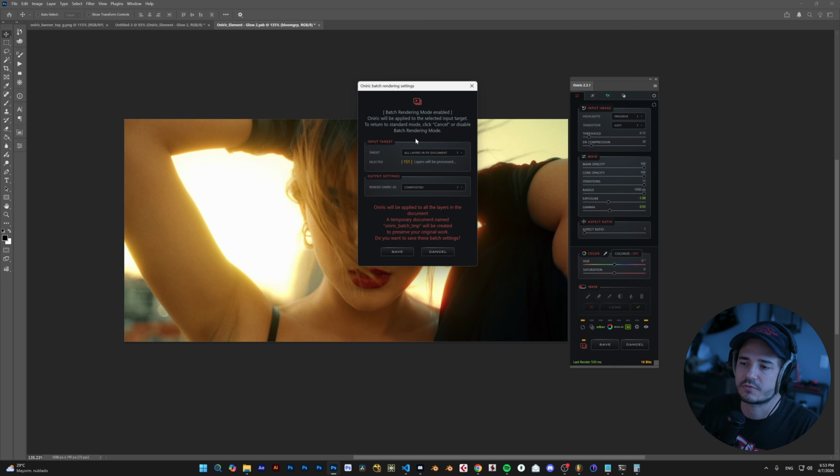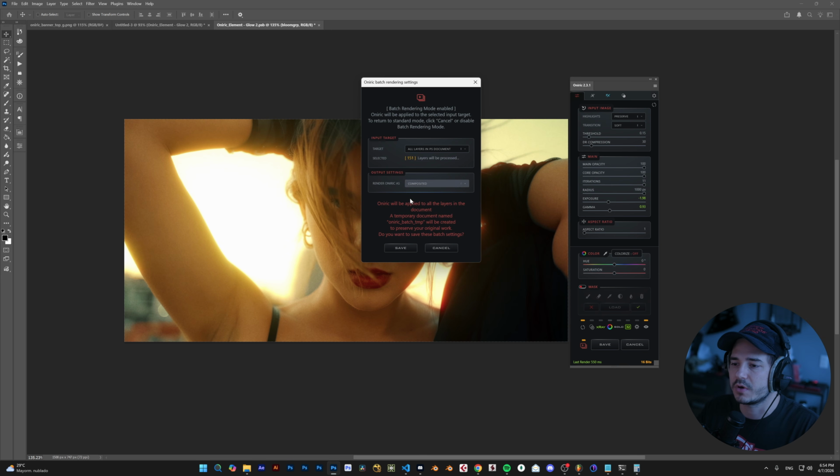So for the input target, right now we have 2 options, right? The input target that we're gonna use is all the layers in the Photoshop document, which is the first one, right? And it says that 151 layers are already selected and will be processed. There are output settings as well, and you can choose to render Oniric as composite, or render Oniric as a pass only. If you choose pass only, what will happen is that